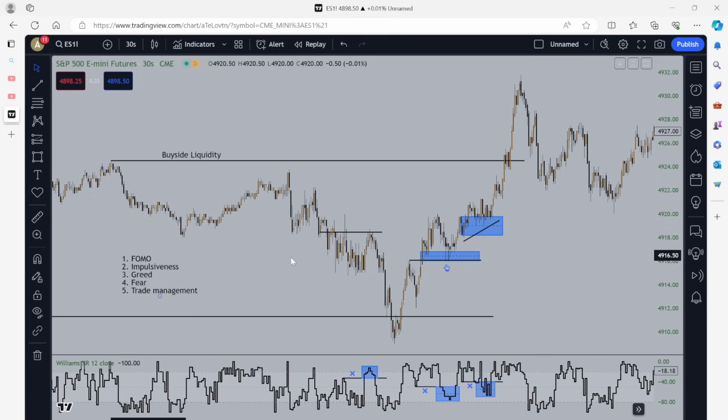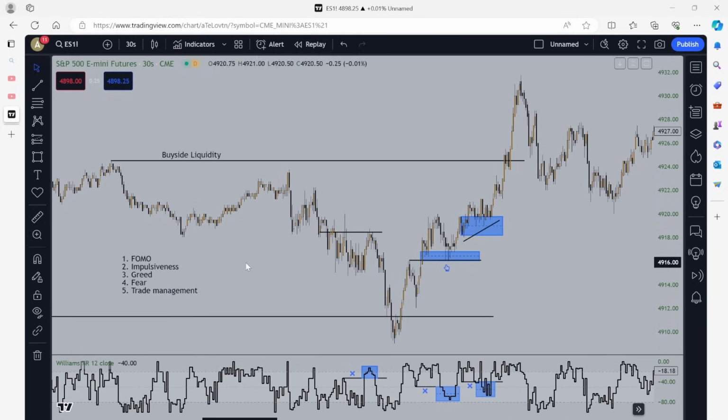So it helps us with fear of missing out because we are executing, right, before the change of state of delivery, right? If you look at all these setups, how much drawdown do we have? Not a lot, right? So fear of missing out goes out the window, right? Also because this gives us a lot of confluence with the William percent R on trade selection, okay? Which leads us into our next thing, number 2, is impulsiveness, right?